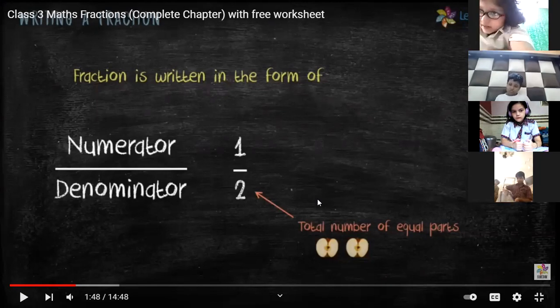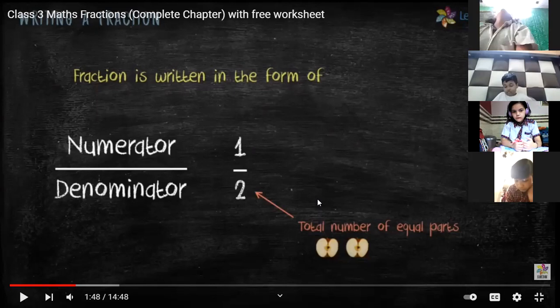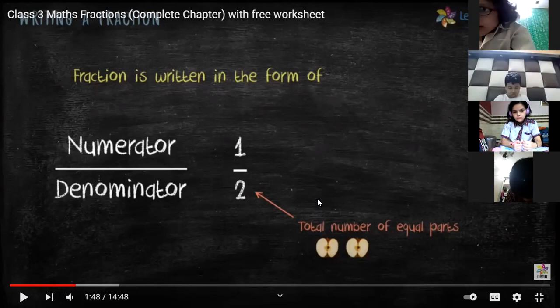So at the place of numerator, you are going to write down 5 because you are getting 5 equal parts. And at the place of denominator, you are going to have 8 because I have divided the pizza into 8 equal parts. Now can you tell me what is the fraction you will get? This time you will tell me the fraction. Fraction means the combination of numerator and denominator both.